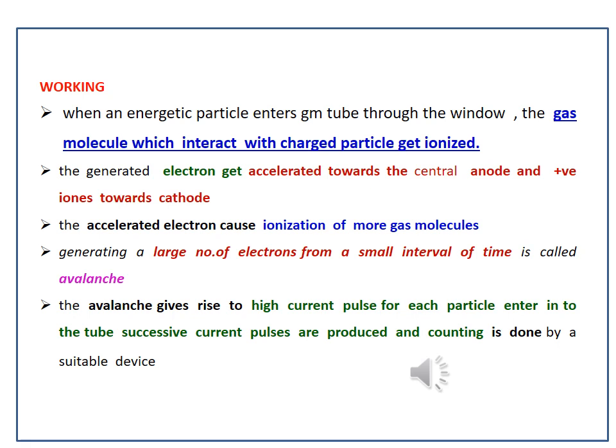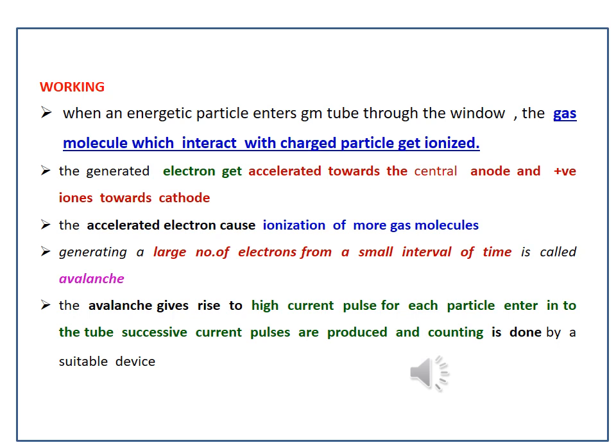The generated electrons get accelerated towards the central anode and positive ions towards the cathode. The accelerated electrons cause ionization of more gas molecules,